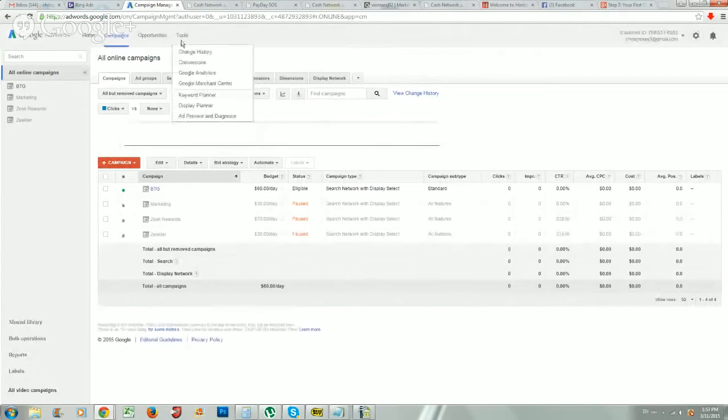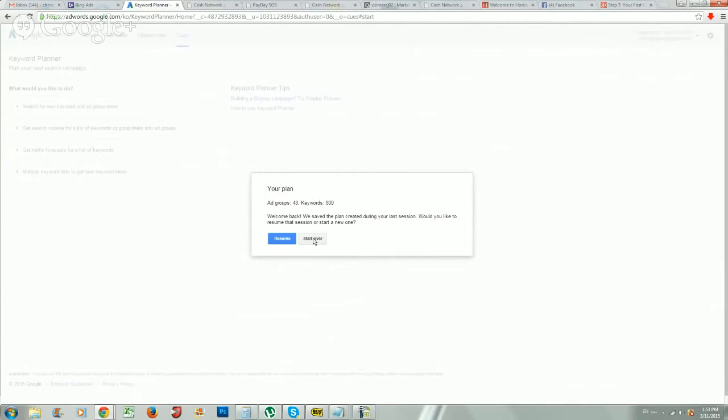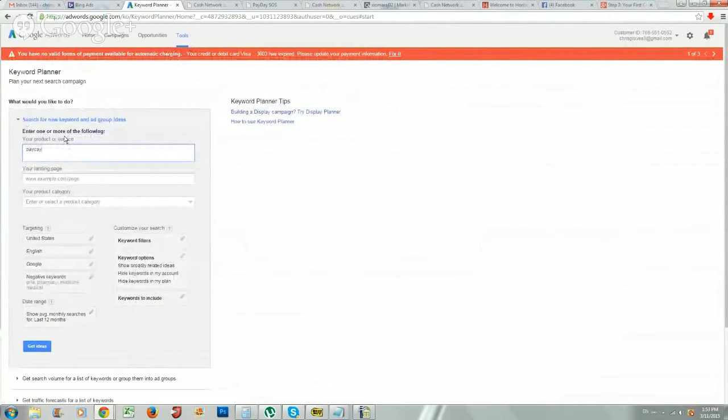Let's see, tools. Took me here. Trying to get back to Keyword Planner. And we can think of some phrases here. So here's what I'm talking about. Click Start Over. Same process as before. You're going to search for new keyword and ad group ideas. So payday loan is going to be our first one. I'm going to do cash advance, and I'm going to do bad credit,